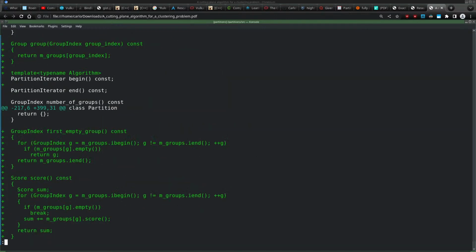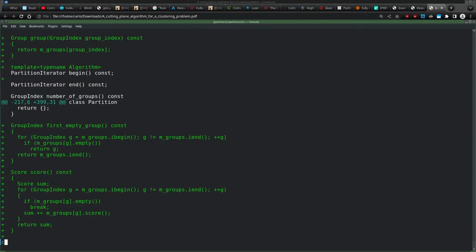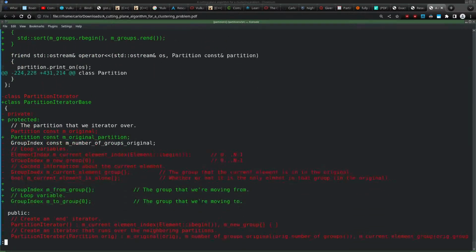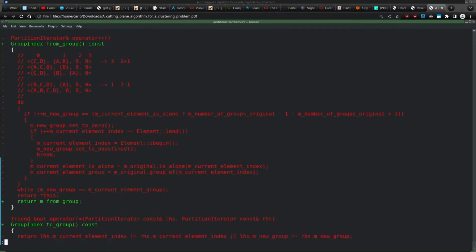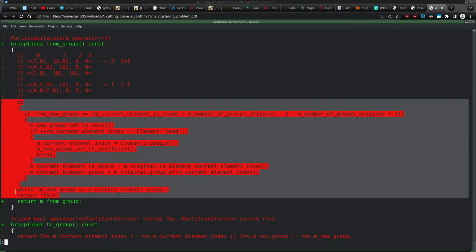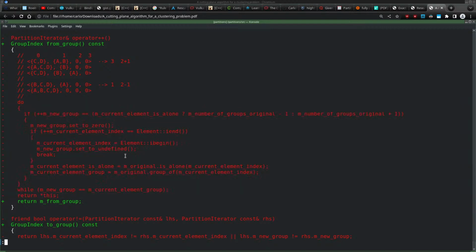Changed a load of the stuff. No, it did exist, thank God. So there was the old code, and